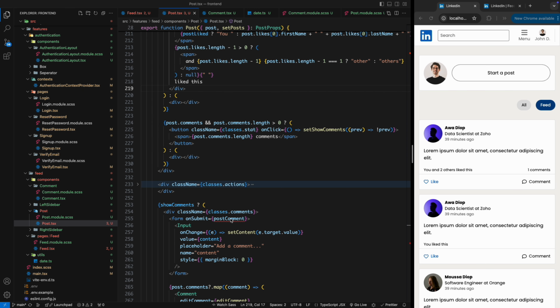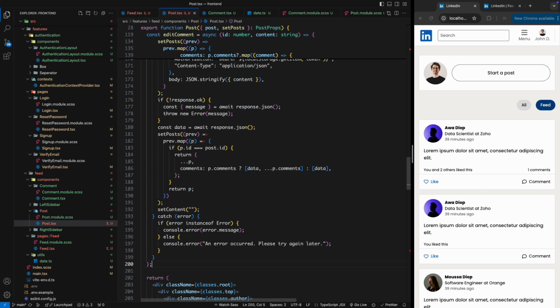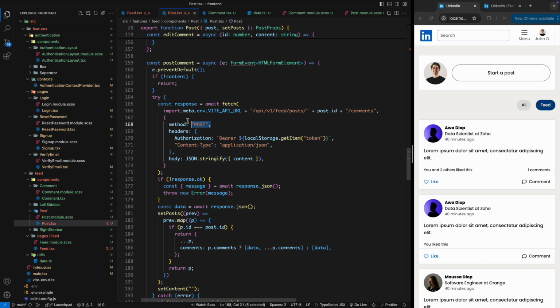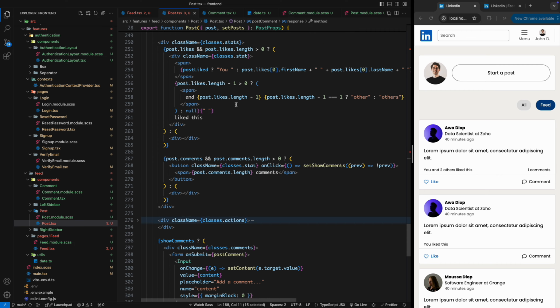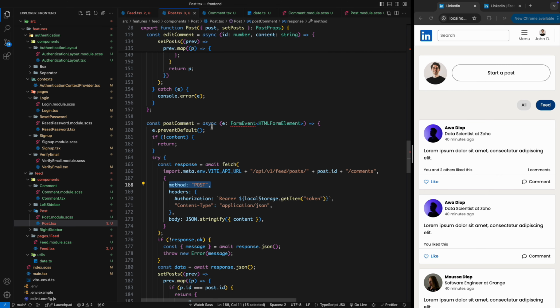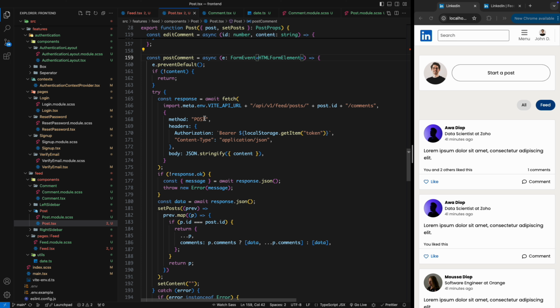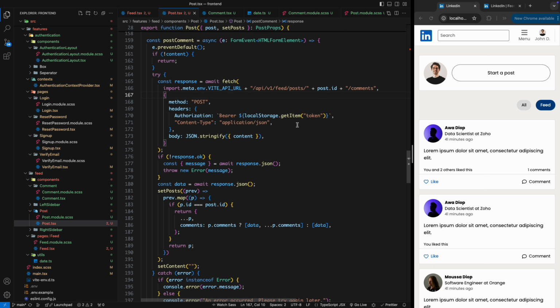Also, we're gonna be needing this post comment. It's kind of similar. So what it does is gonna make a post call to our endpoint. Okay, so this is being called upon the form being submitted. So we are saying prevent the default, where it would simply refresh the page. Okay, and then if the content is empty, we are returning. Otherwise, we're gonna make a post call. We're gonna pass the content as part of the body in a JSON format, set the application content type to